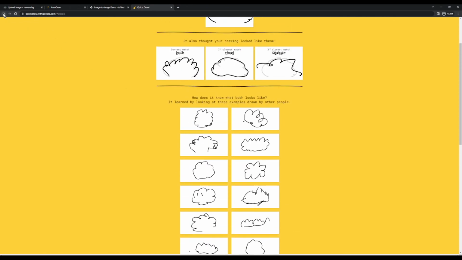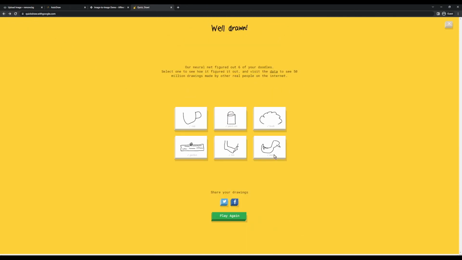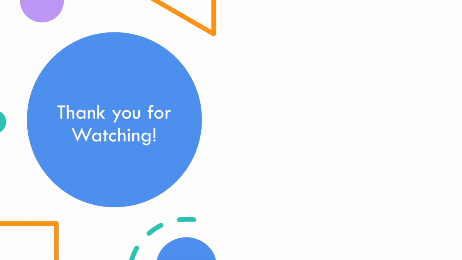Let's say with the power of neural networks, they can do some pretty impressive feats. And that will be all the websites for today. As you can see, neural networks can do some pretty impressive stuff, and who knows what the future holds for this